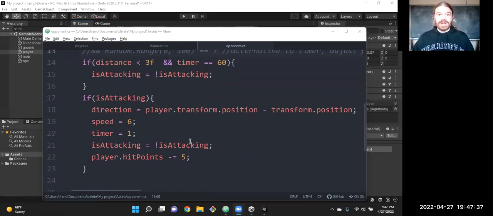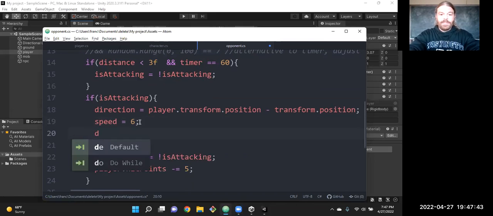Okay, so before the break, we were looking at an extension of what we did with the pathfinding nav mesh agents to move character opponents. Got this thing moving around. I realized during the break I forgot a line. We set our direction and then set the speed. And I meant to take direction